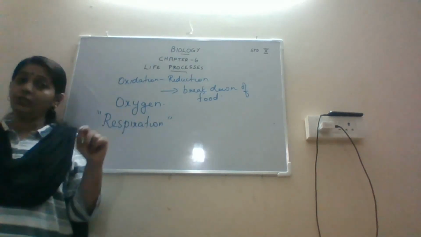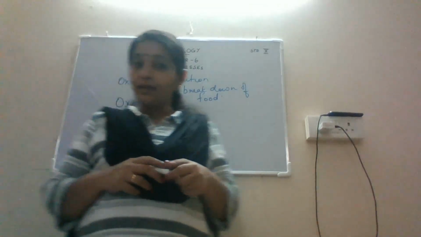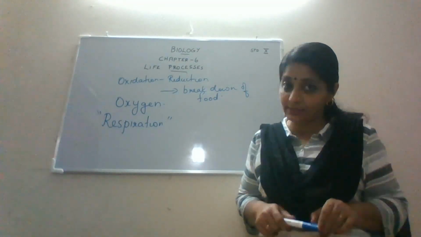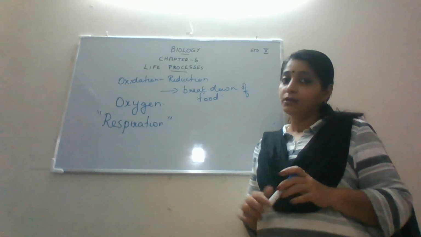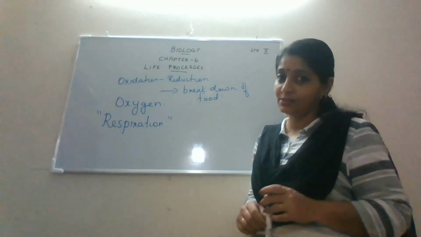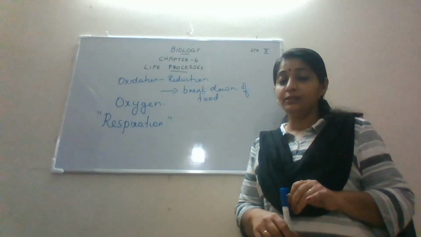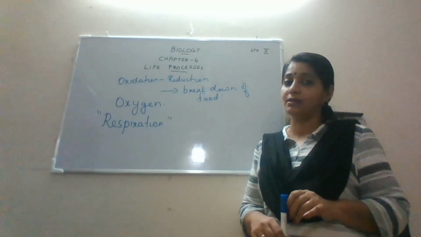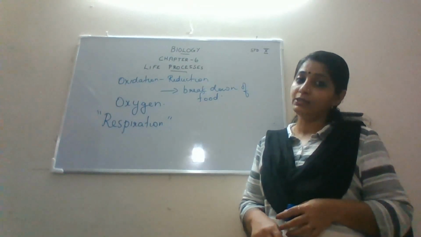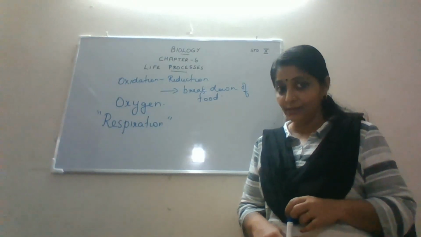After that, what should happen? Most unicellular organisms can exchange materials and gases with their environment only by the process of diffusion. They don't need any specialized structures. But in higher organisms, specialized structures are necessary for the transport of materials inside the body, and that involves the transportation system, or the circulatory system.